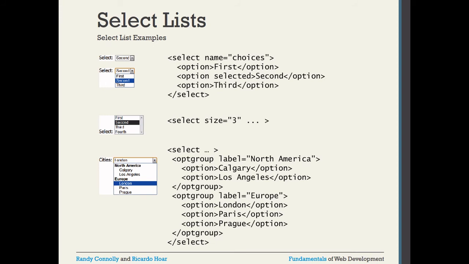Now in the option, another way is that you can create groups together. Okay, you see here in the second example, North America 2 districts together, Europe again 3 different cities together. Got it? So that you can do using the optgroup. So optgroup label equal to North America, and you see closing of the optgroup, before that they are creating the 2 options. Again optgroup label equal to Europe, then close, before closing the optgroup they added the 3 cities here. Got it? So in that case also you can create the select list.